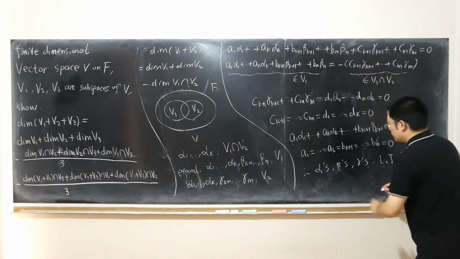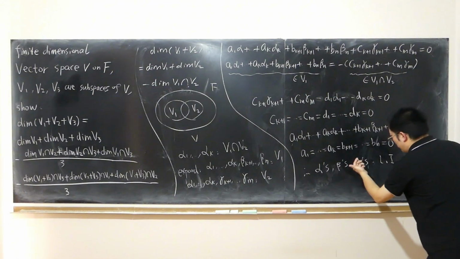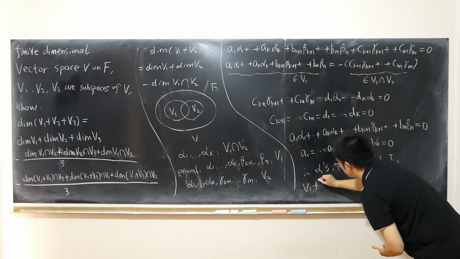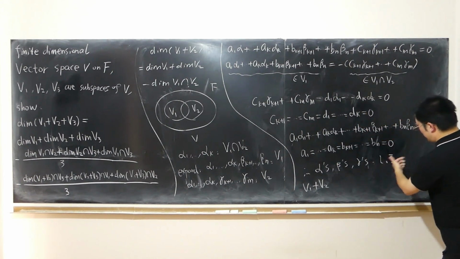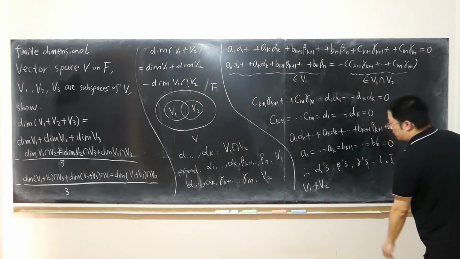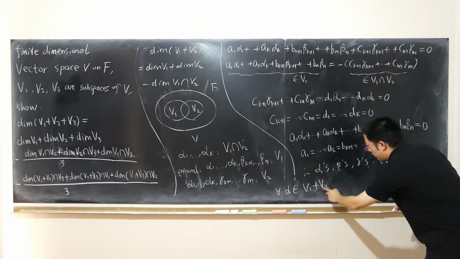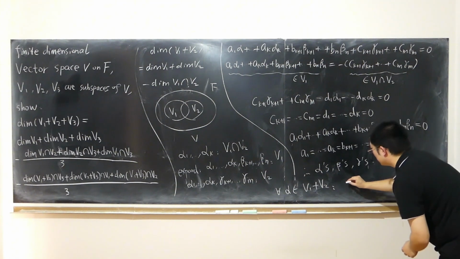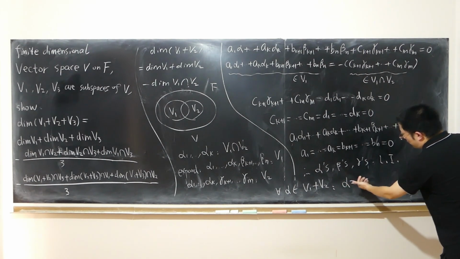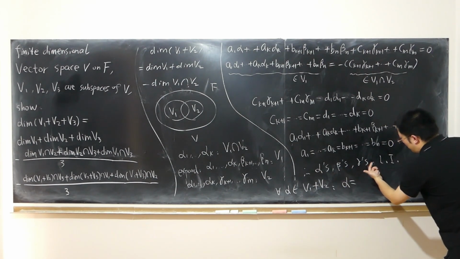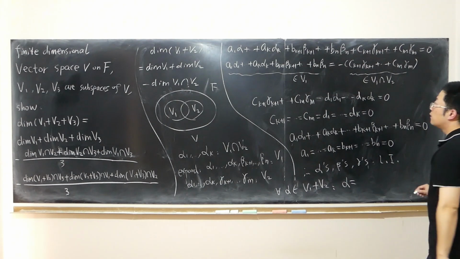Next, I want to show that these vectors form a basis of V1 plus V2. I've completed the first step. I've shown they're linearly independent. Next, I have to show that each element from V1 plus V2 can be written as a linear combination of alphas, betas, and gammas. Can I do that? Obviously I can, because